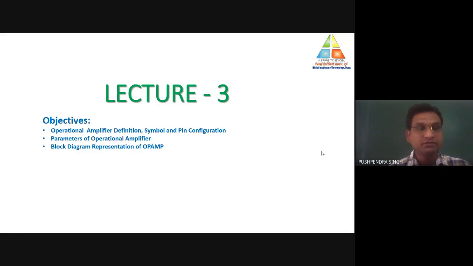So good morning, everyone. In the last lecture, we studied the common mode rejection ratio: its definition, and the fundamentals of how we can improve its value using a constant current source connected in place of the emitter resistance at the emitter terminal of transistors 1 and 2. We also covered some different methods for improving the value of the common mode rejection ratio.